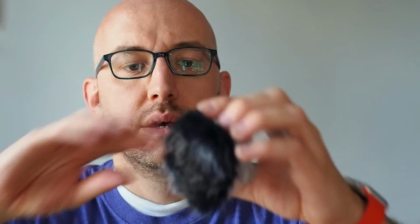The review is about this dead cat here, which is another name for a wind muff, and it's an adhesive wind muff that goes on the back of the GoPro case, the door, and it was pretty cheap on Amazon. The quality is okay. It's not great,